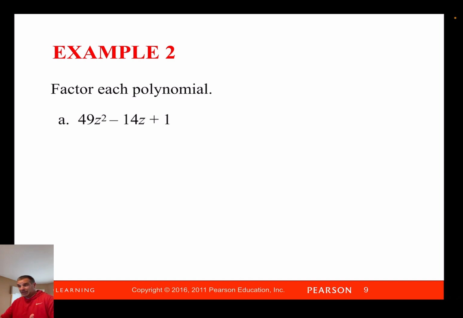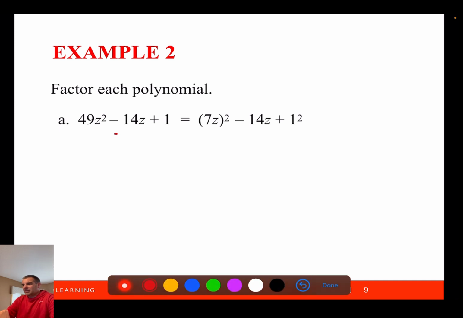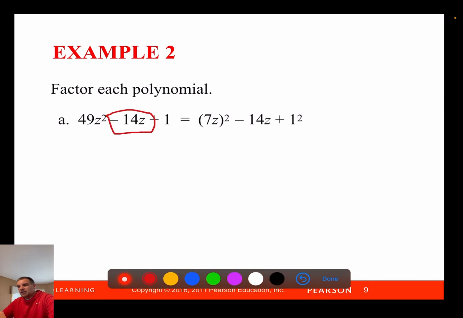So I can say, okay, it's 7z squared minus 14z plus 1 squared. Because 7 times 1 times 2 is 14, that gives me that middle term that's 14. So since I've got that middle term, you can easily say that this is 7z